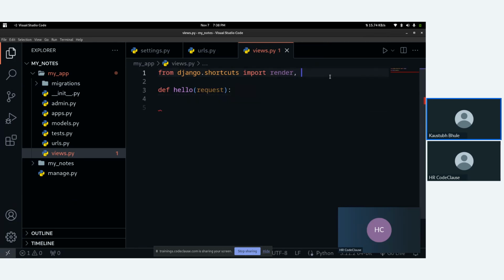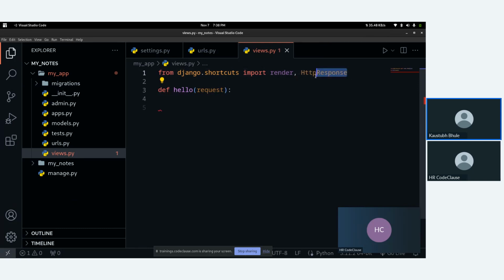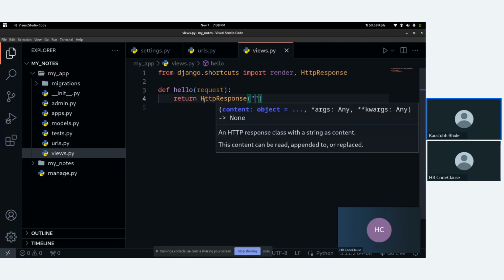For testing purposes, I will import the HttpResponse function from django.shortcuts, and I will return HttpResponse with a string, let's say Hello, World.